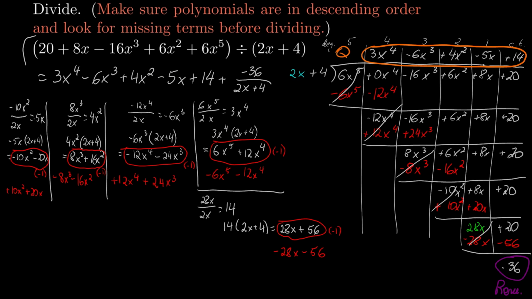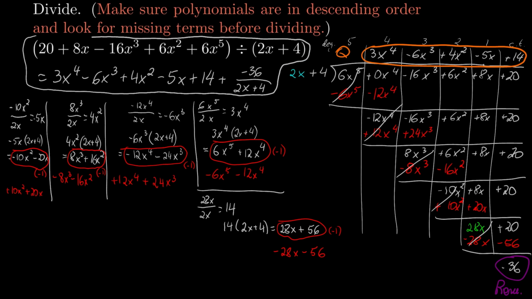And we are going to keep this that way even though that final rational expression, negative 36 over 2x plus 4, can be simplified a little bit because we have a common factor of 2 in both the numerator and